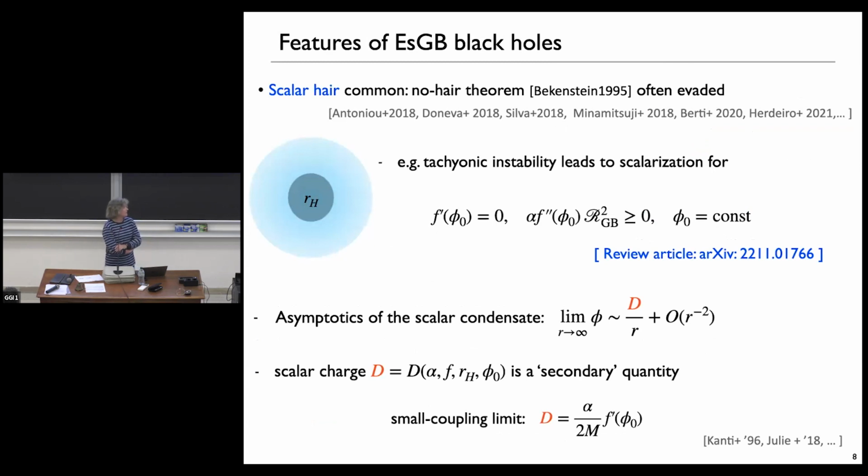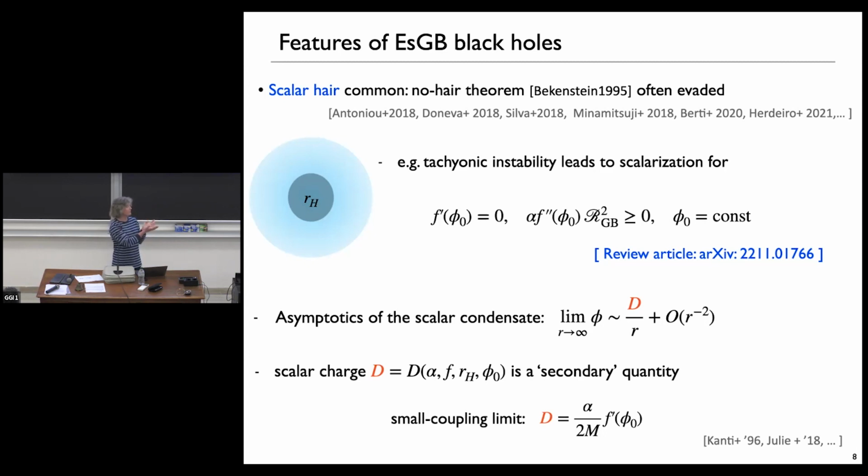There are some general conditions under which you get scalar hair on black holes, and if you want to read all about it, there was a recent review article on the arXiv all about the scalarization mechanism. But we will now assume there is such a scalarized solution, and asymptotically, this scalar condensate around